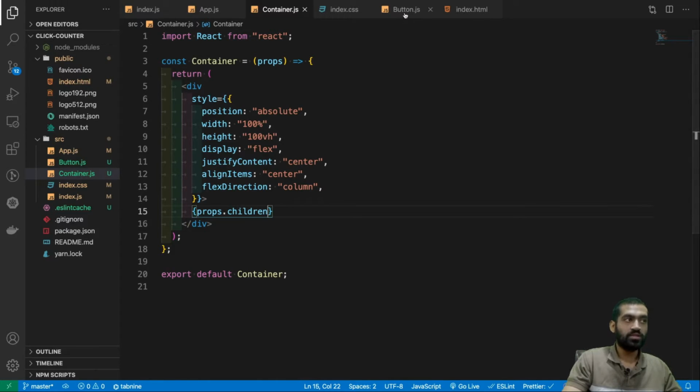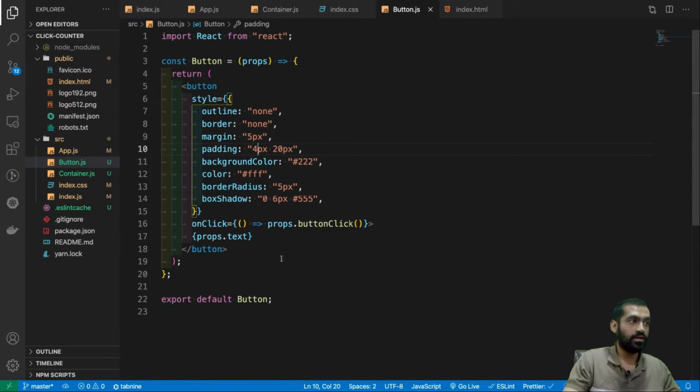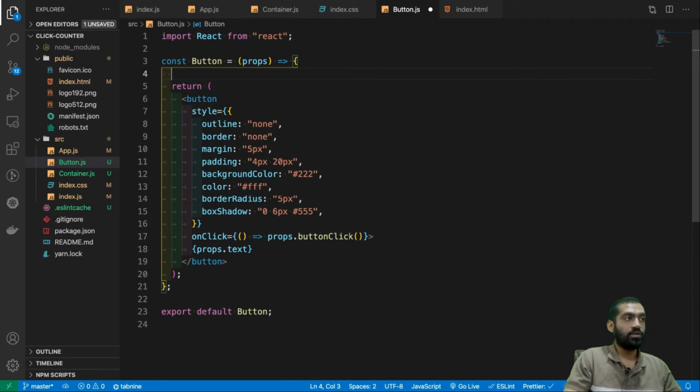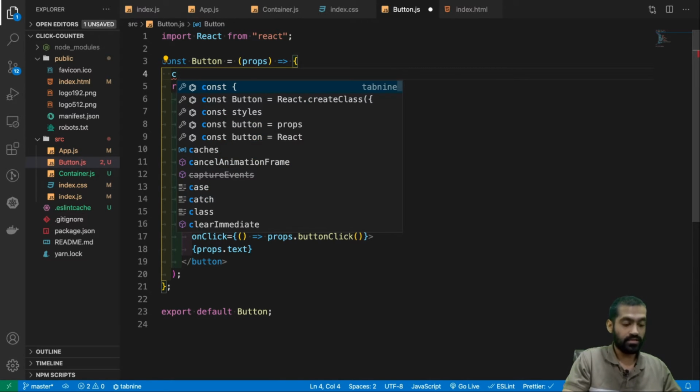So let's just do one small refactor. I don't like writing this props.children, and here we can see we have props.text, props.buttonClick. So can we destructure? Right now I'm in the button component. Can we destructure it? Yes, of course.